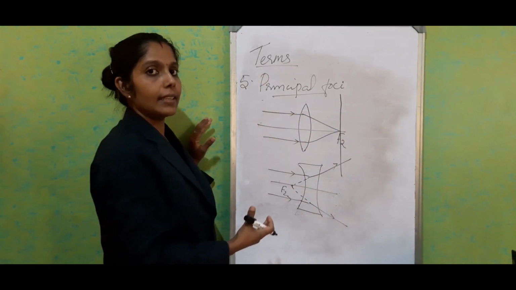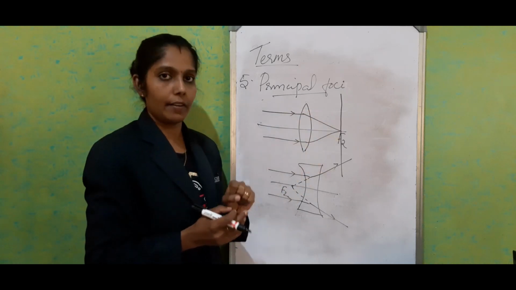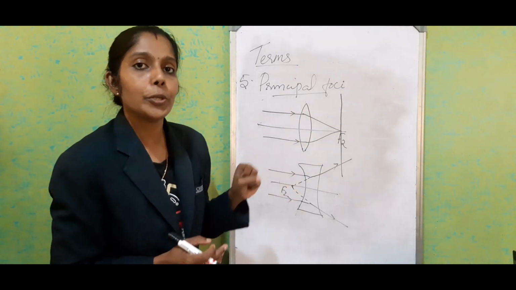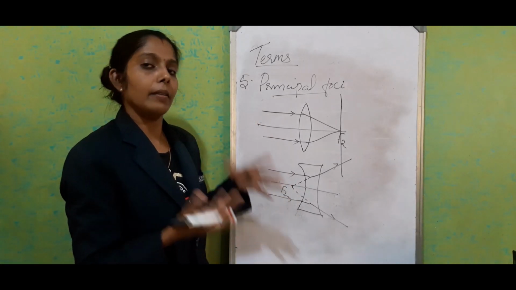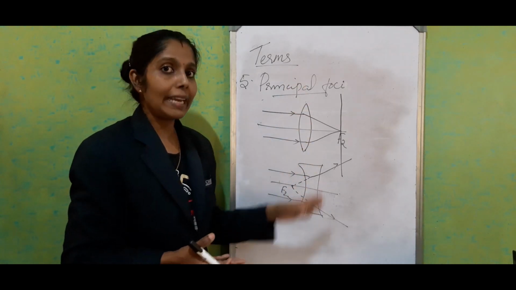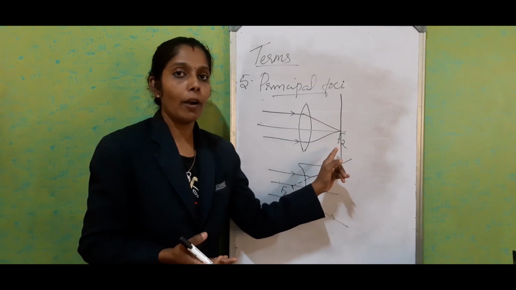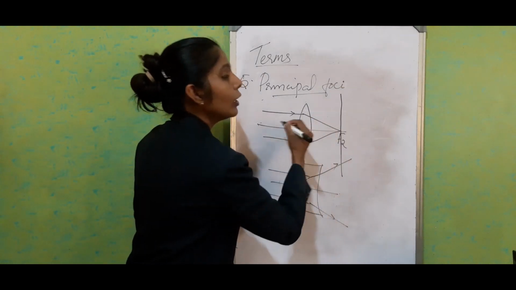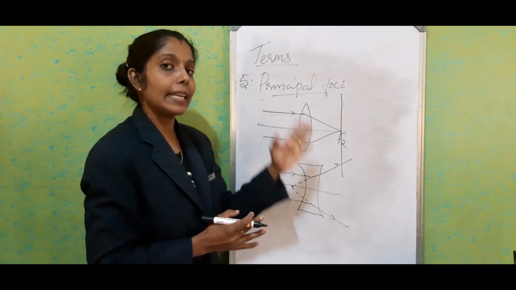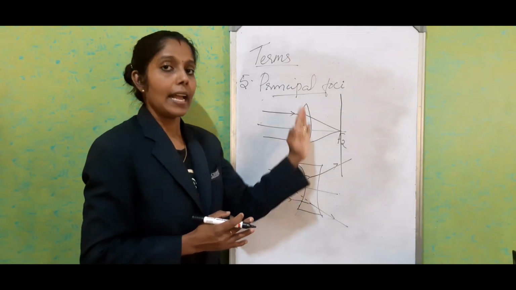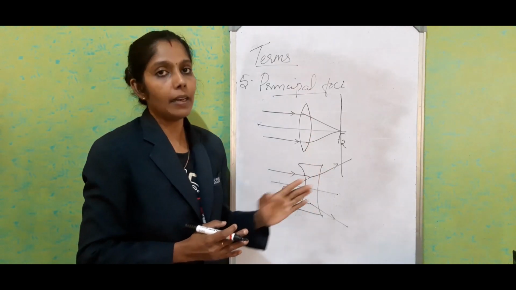For all the cases, simply focus means we used to consider the second focus. So first focal point or second plane, whatever it is. So focal plane is the plane which is passing through the focus point, and that will be perpendicular to the principal axis. Focal plane means it is passing through the focus, and that will be perpendicular. It will make a normal to the principal axis.